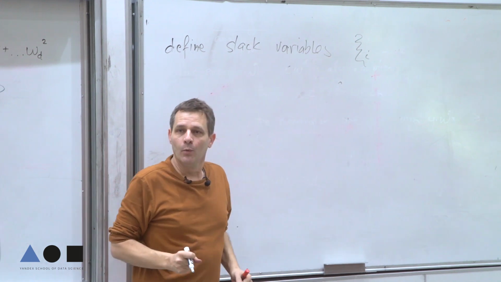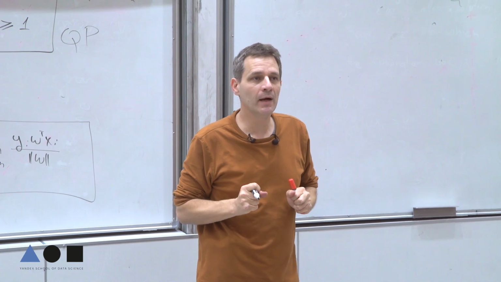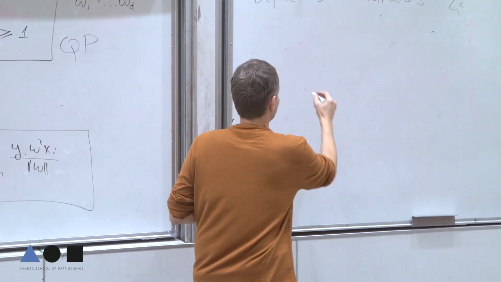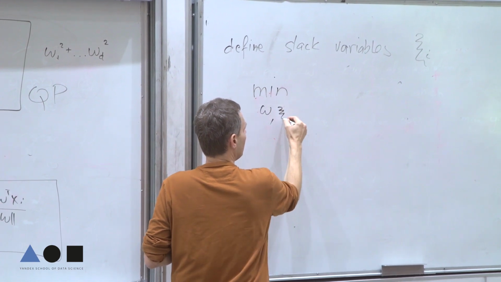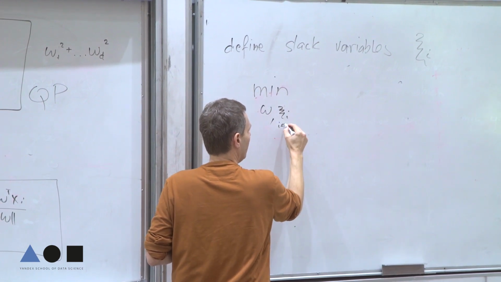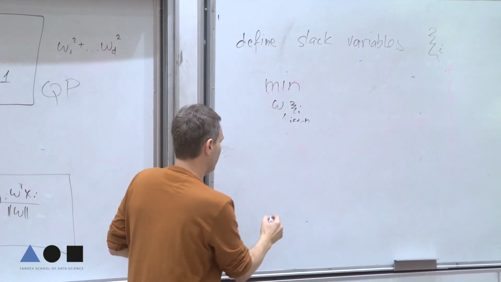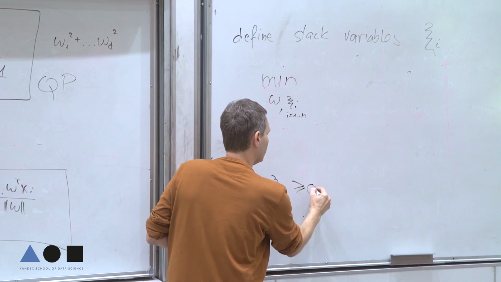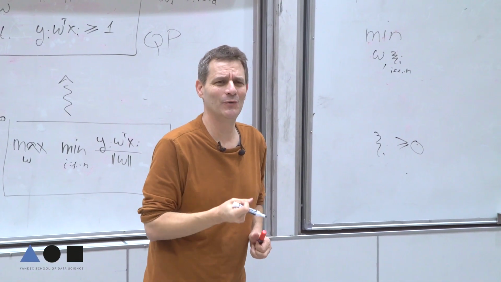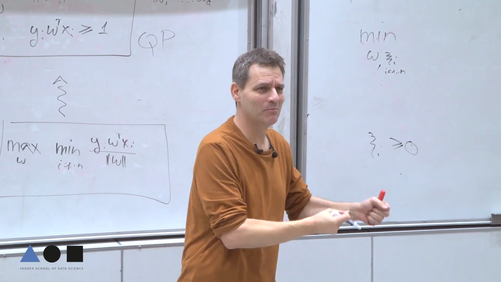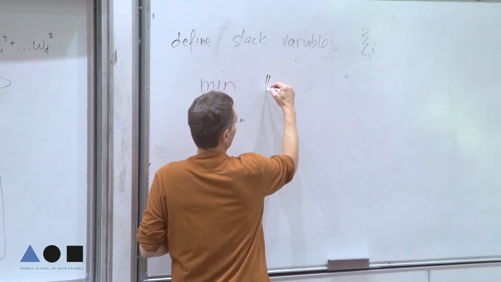And we now have a new optimization problem where we optimize over several things. As usual, we're going to minimize over w, but now we're also going to minimize over all the slack variables. All the slack variables are going to be 0 or more, because we only pay, we cannot gain. We only pay a price for dragging these samples. And as before,